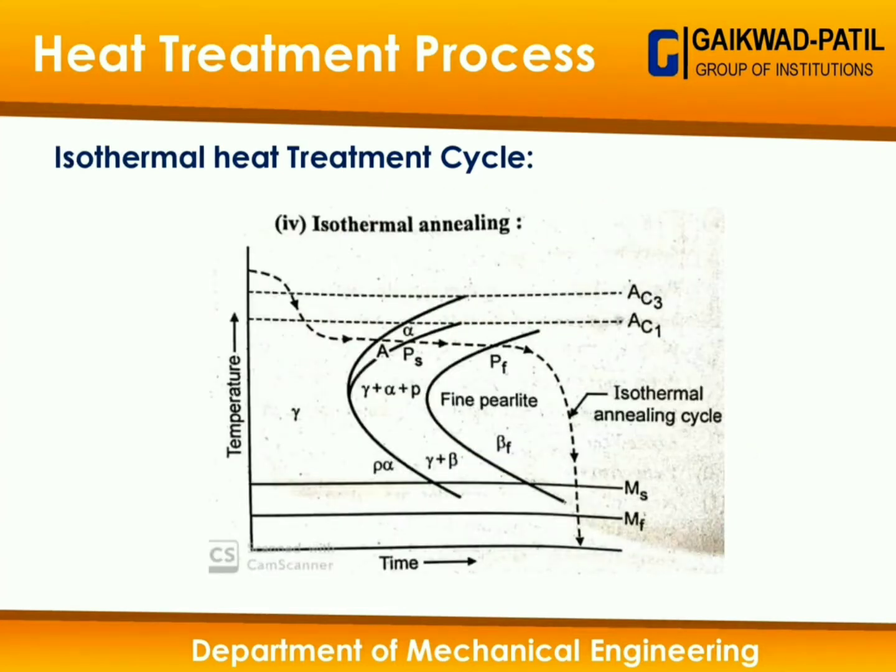Now finally is isothermal heat treatment cycle, where we'll finally get the pearlite. Here the gamma austenite sample is allowed to cool down at 600 degrees centigrade temperature and kept in isothermal conditions for a longer period of time, about 3 to 4 hours, right? Due to which that gamma austenite gets converted into the softer crystals of fine pearlite. So here are the 4 different types of heat treatment cycles: martempering, austempering, patenting and isothermal annealing, right?